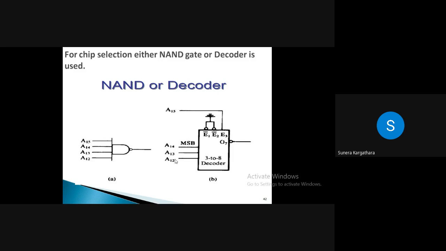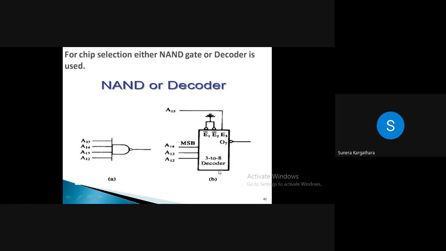Suppose I have 4 lines there. We know one line is needed to enable the decoder, so I can use a 3 to 8 decoder. Suppose I have 3 remaining lines, then I'll use a 2 to 4 decoder. Am I communicating, students? Because one line I need to use to enable my decoder, so only 2 lines will be there, and depending upon the logic you provide here, say for example A12, A13, A14, your particular output line will be selected and your chip will be selected, right?